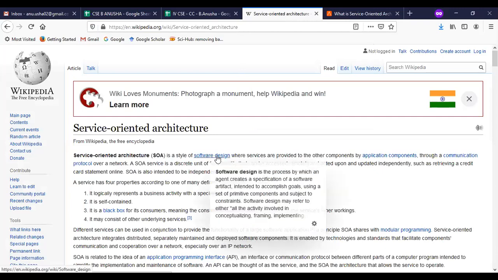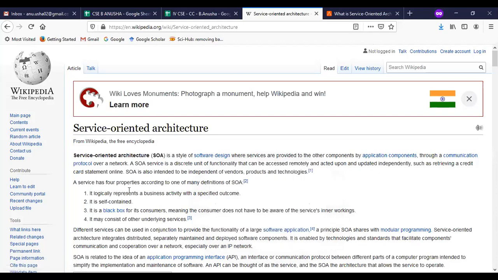Here also you are seeing the hyperlinks. In the previous example I showed that when I click on this one or this one, it takes us to the page with information about the software design, and it also has some links here, taking us to that representation.